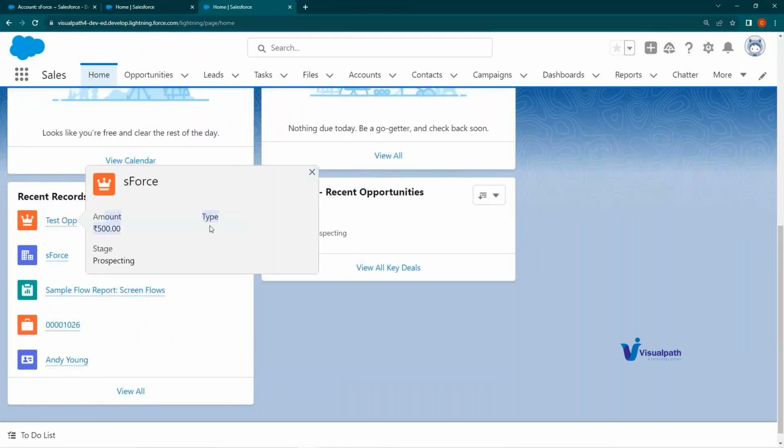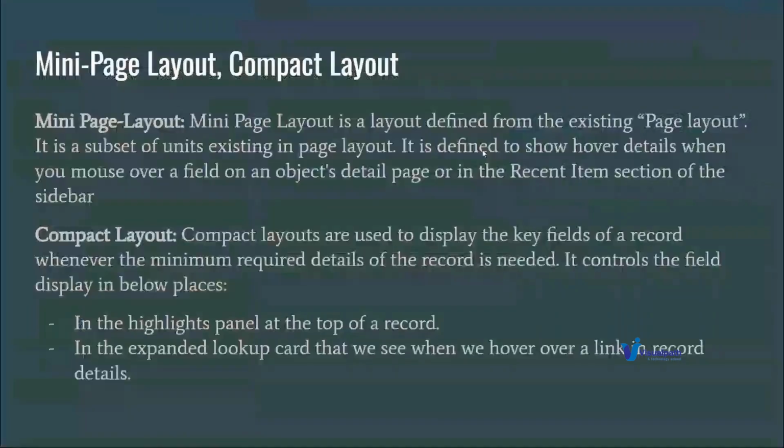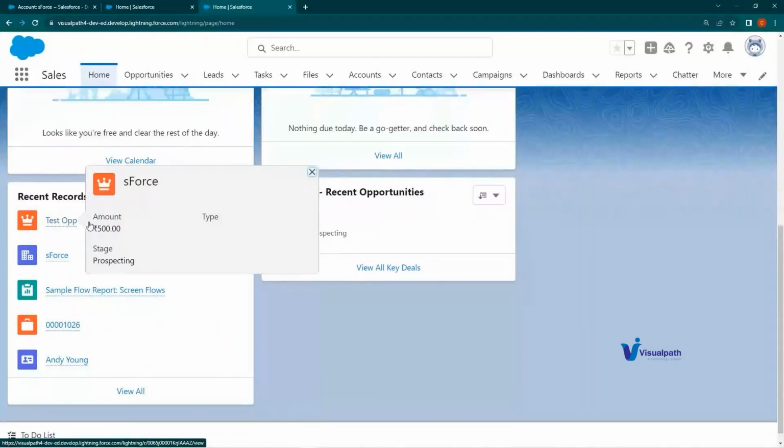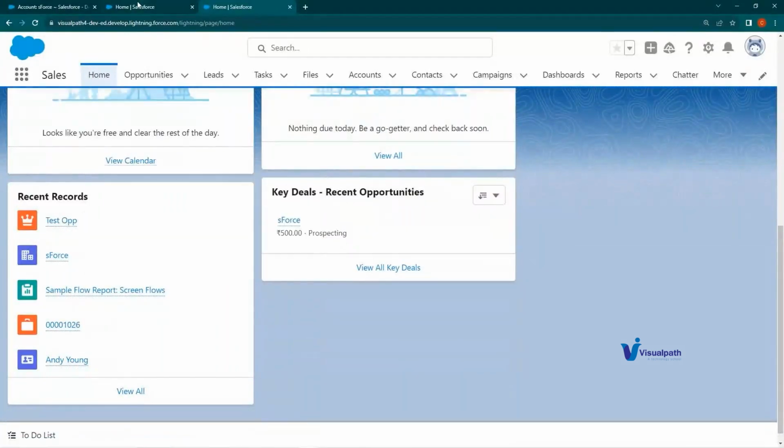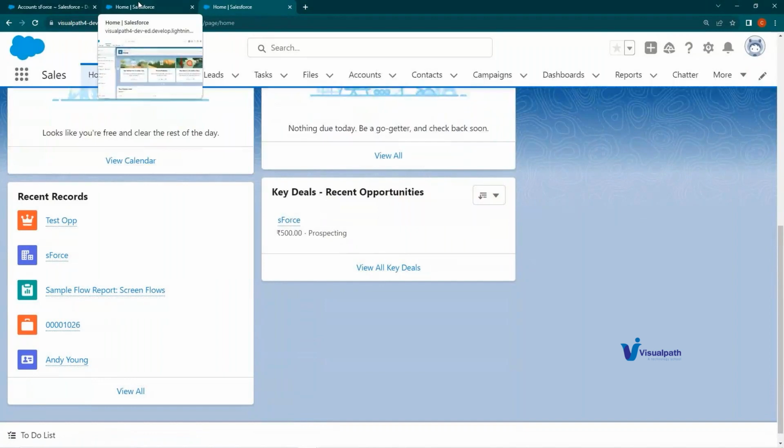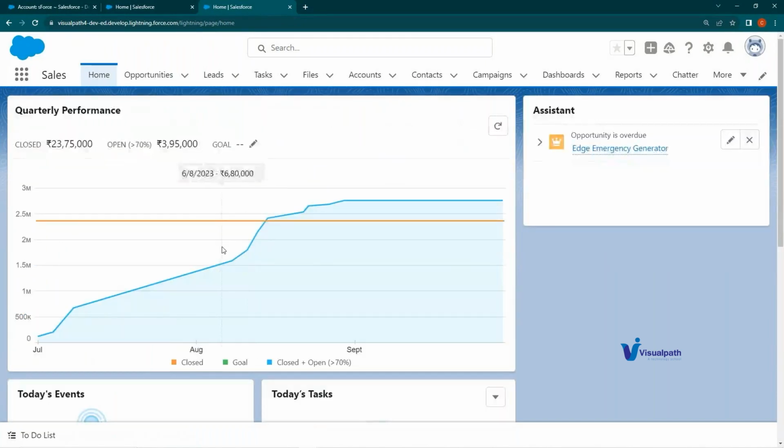Now, ideally, this should be the mini page layout, but what I have seen recently is it is showing the compact layout, which we are discussing after this only. It is showing the fields part of it. Okay, so let's see what is compact layout. Mini page layout, I hope it is clear. It is a subset of the page layout which will show certain fields once you access it from the recent items, or ideally when you are accessing it from any other pages, not directly on the detail page. Okay,